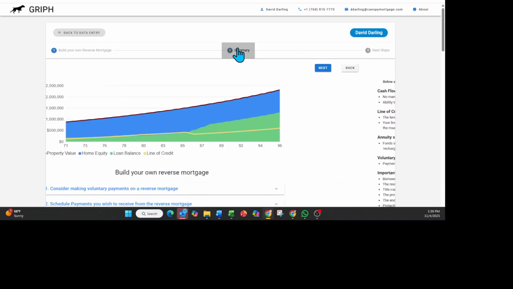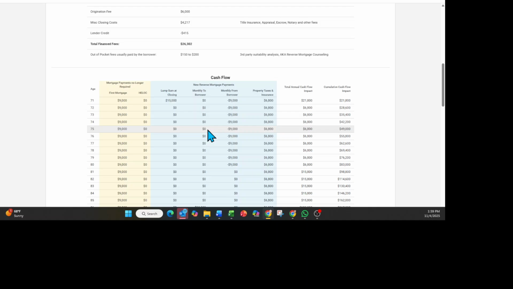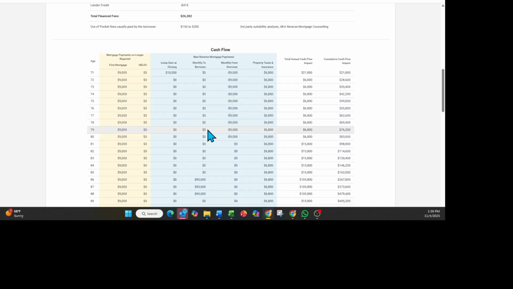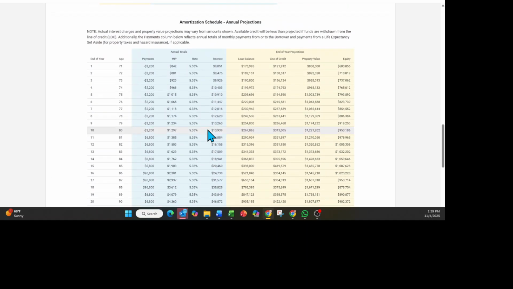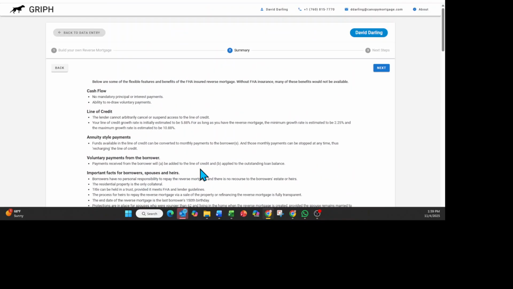These are great for most people. Some people want to see the actual numbers. They show up here in certain tables. This is the cash flow that we use to build those charts. And here is the amortization schedule used to estimate the future equity, which is property value minus loan balance, growth in the line of credit, and these are all influenced by whatever payments are being made, and the interest rate scenario. There's also a bit of verbiage up here to help people understand what are the cash flow benefits, how